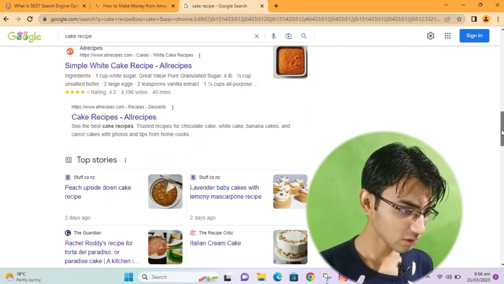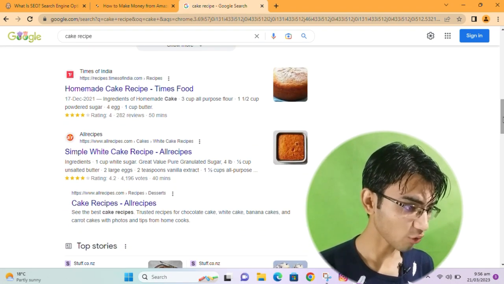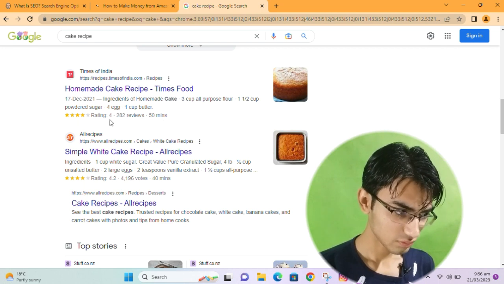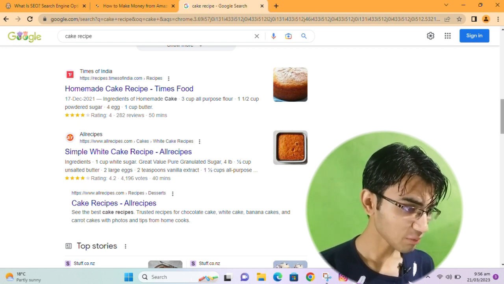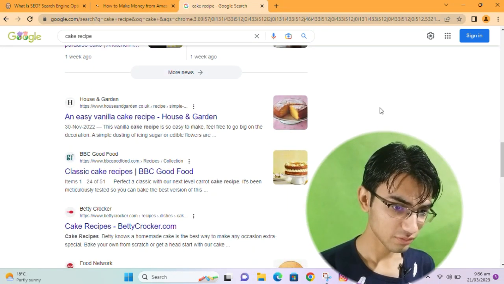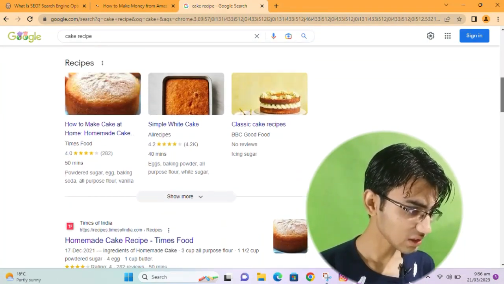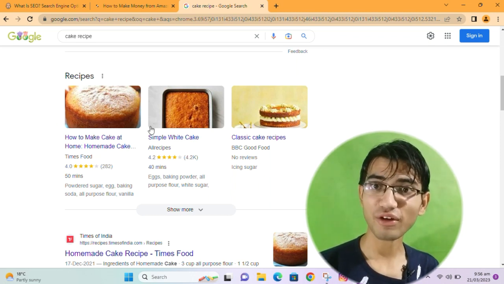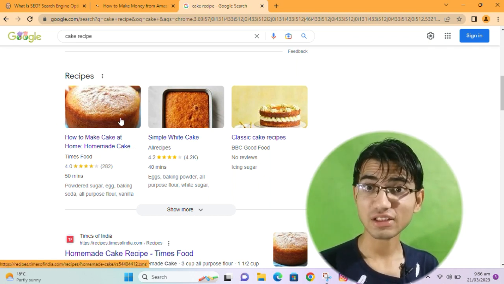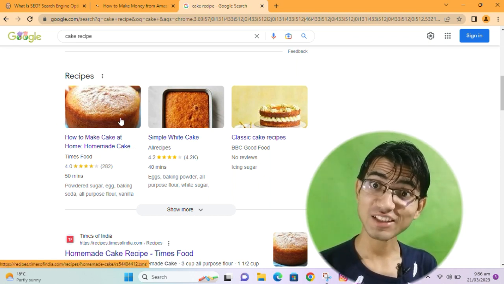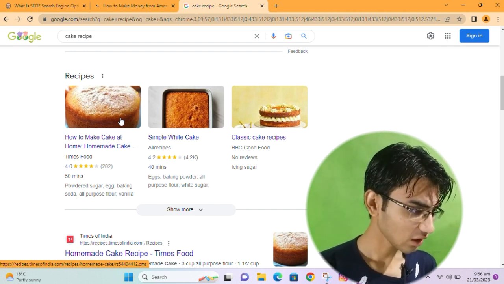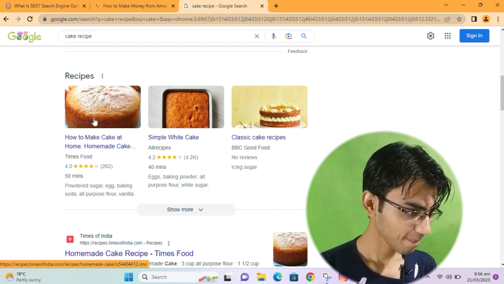This website has a very simple layout. But these recipes look a little bit different. The difference is because they apply schema markup. For example, click this recipe